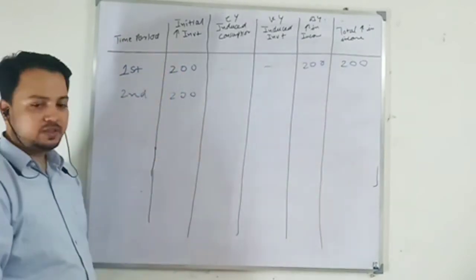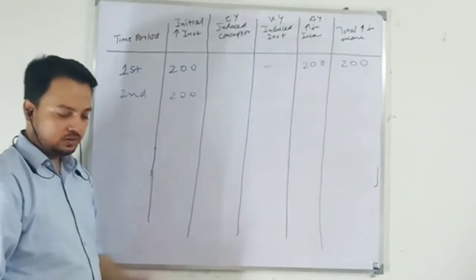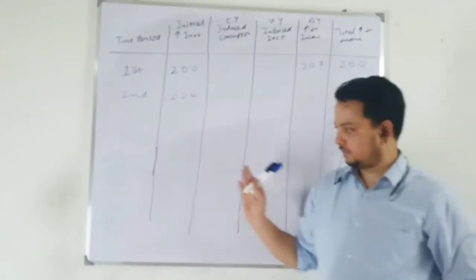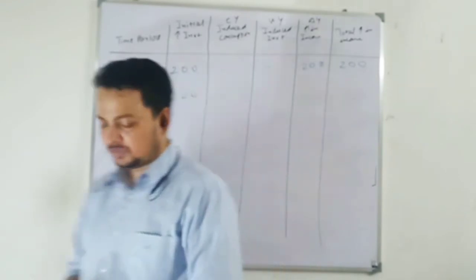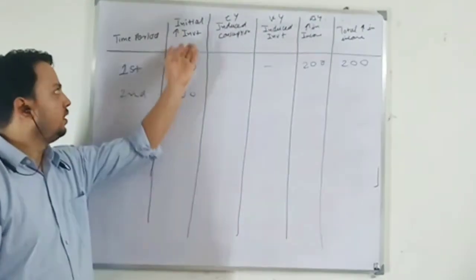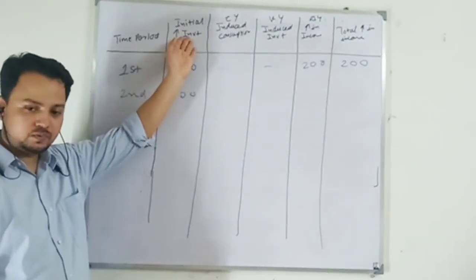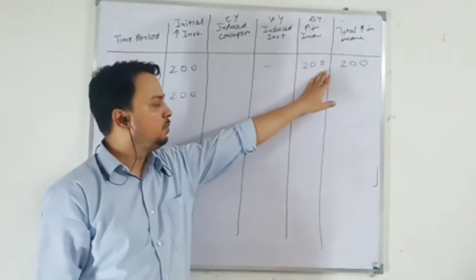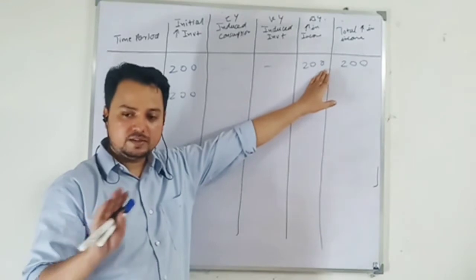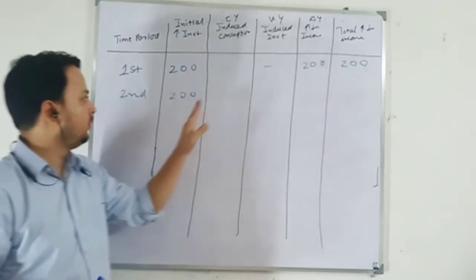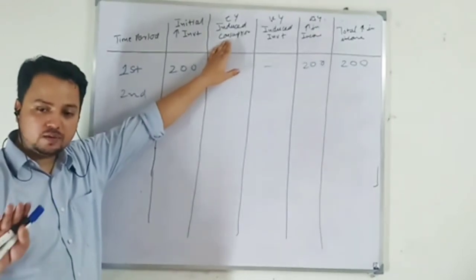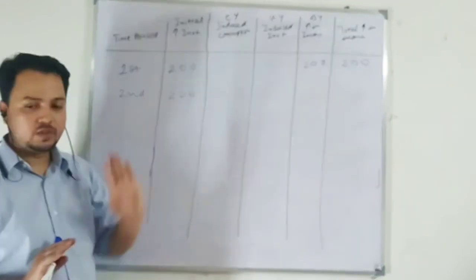Initial increase in investment remains the same. Let me repeat one more time what I am saying. There is one typo I have made. When you are making the initial investment, production will increase and income will be generated. Only when this income is generated will it be distributed to the factors of production. Then only your consumption will increase.